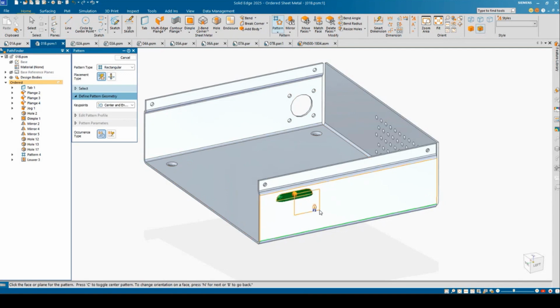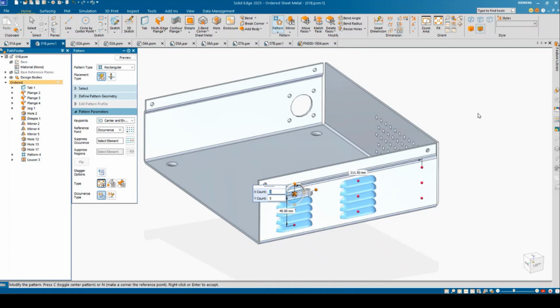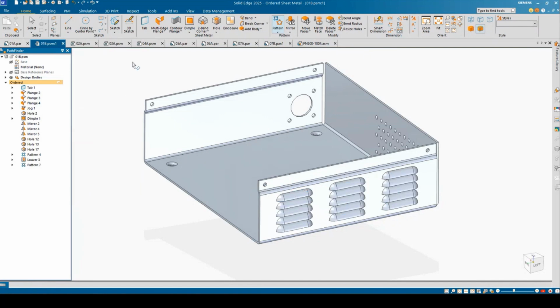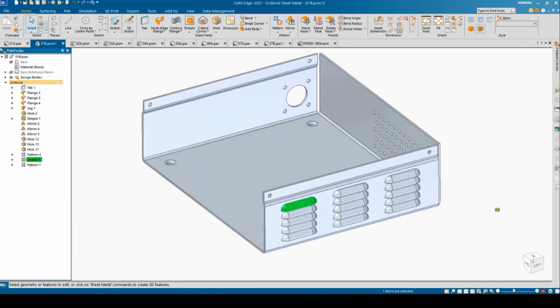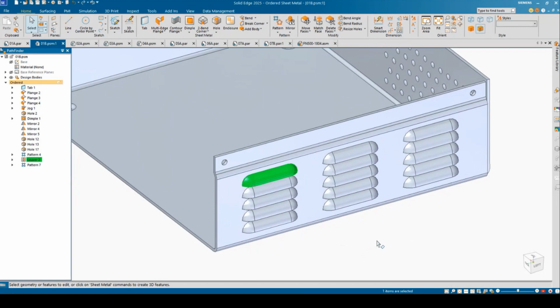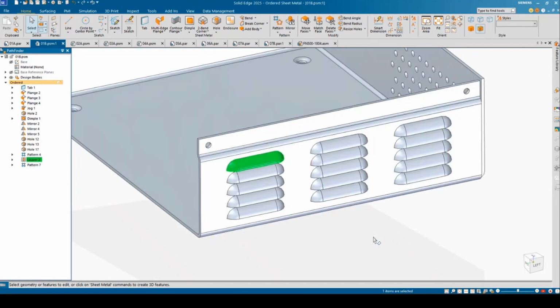And again, all I've got to do is just highlight my plane, kind of fit it in there. And we'll do an X count of 3, Y count of 3. Let's change the spacing to 175 and 50. There we go, just like that. Finish the command. And very quickly, we're able to go in and create that pattern, that synchronous pattern inside the